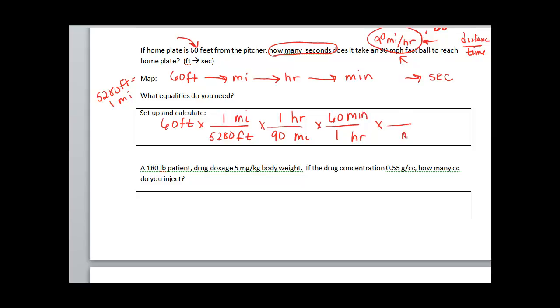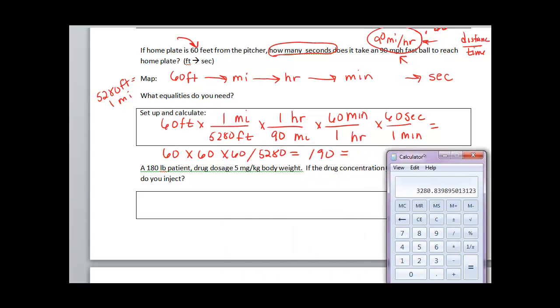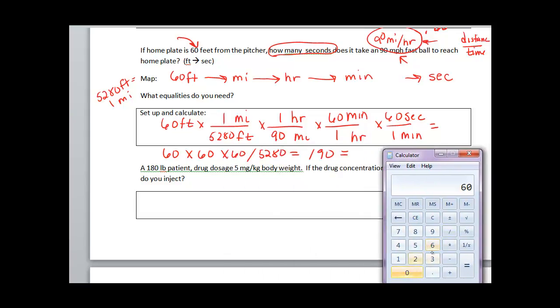And then the minutes will get converted into seconds, and there are 60 seconds in 1 minute. So mathematically, you're going to have 60 times 60 times 60 divided by 5280, push equals, and then divided by 90. So doing that on the calculator, 60 times 60 times 60 divided by 5280 equals, divided by 90 equals,